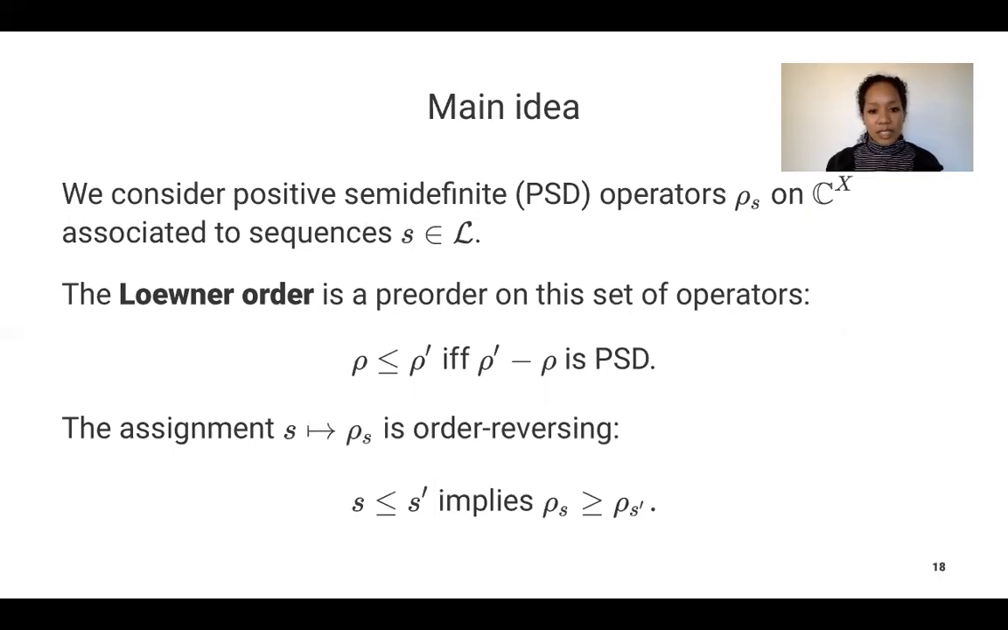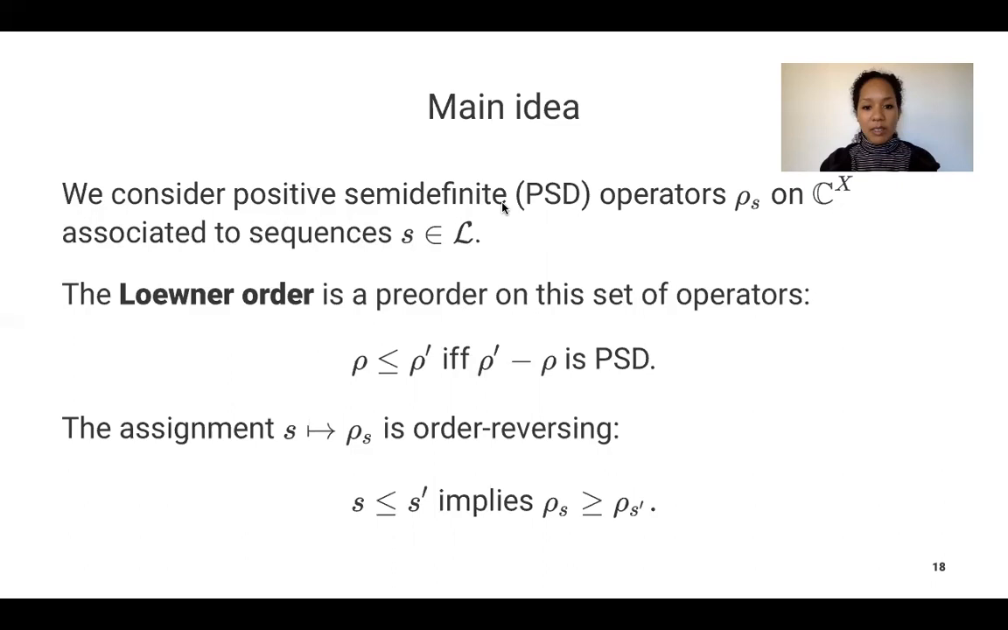So here's the main idea. I'm in particular going to consider positive semi-definite operators, or unnormalized reduced densities, on my free vector space generated by my finite alphabet X, operators associated to sequences. Now, just like we can compare sequences and obtain a pre-order on a set, there is also a way to